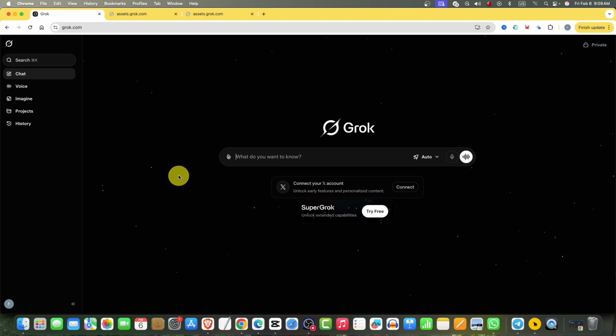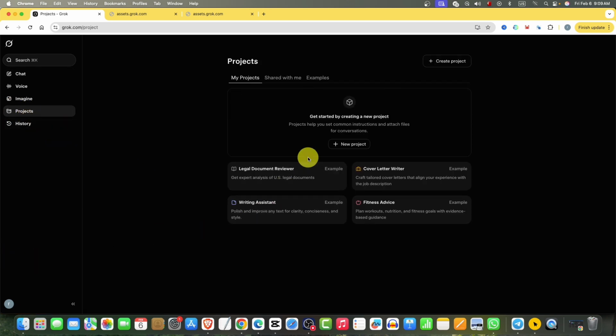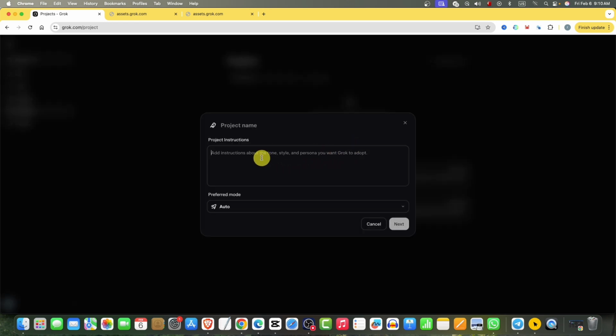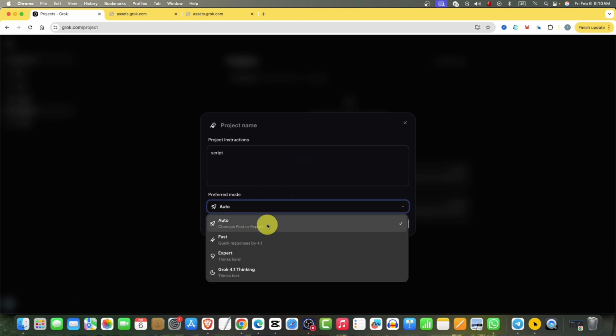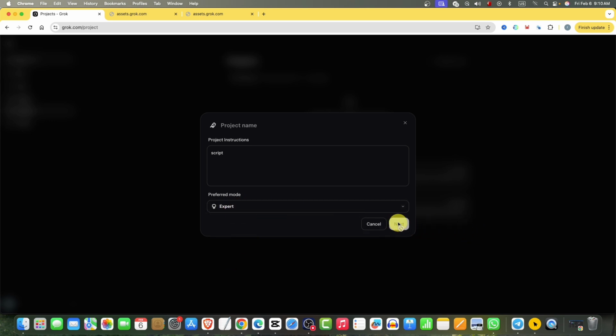So to create a project, here on the left panel you can see Projects. Just go to the Projects, and then here you can see New Project. Just click on New Project. Now here write your project name or any instruction, like script. This is the mode, so select any of the modes, like expert, and then this project name,